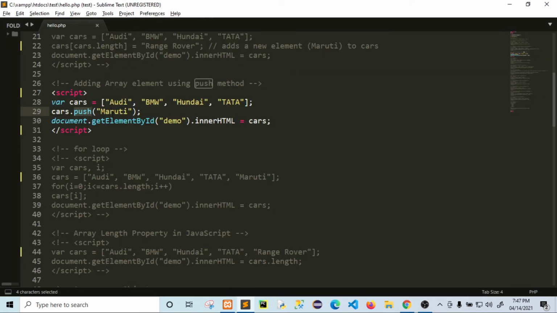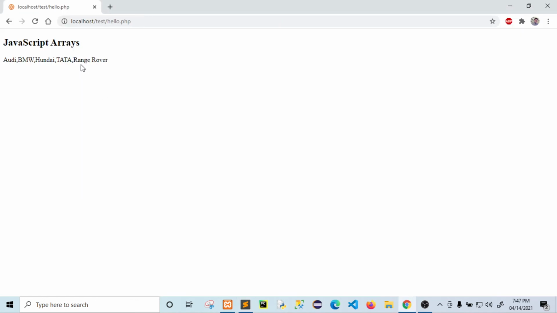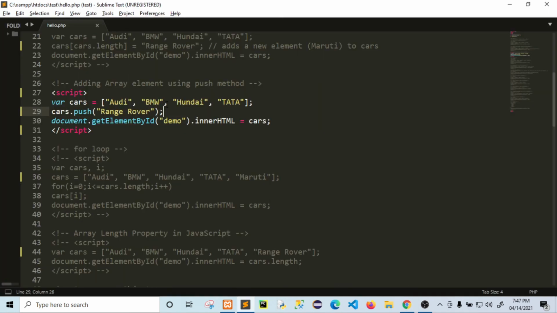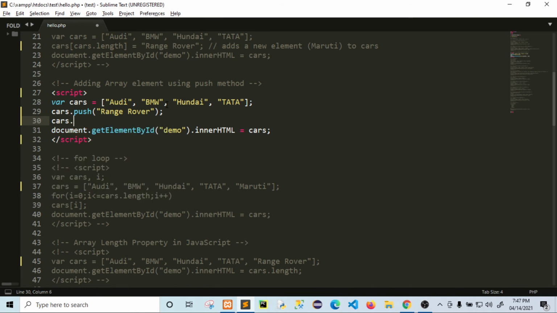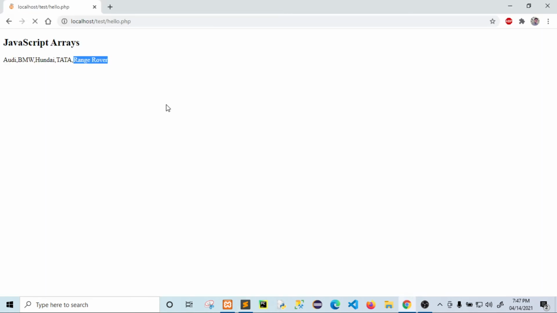Suppose we change it to Range Rover, you will see that it is changed to Range Rover. If you want to add one more item, cars.push, here if you add Maruti, suppose, now see what will happen.